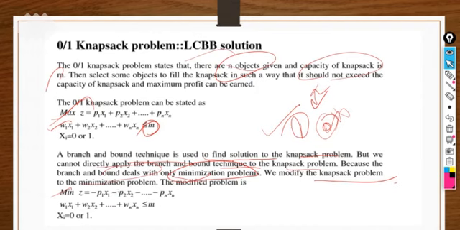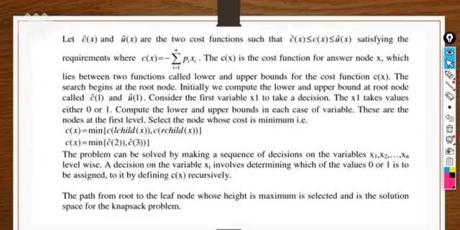So I'm taking the minus symbol each and every time during the calculation. It will calculate the minimization problem. At the last, in order to give the solution, we will make it positive, but during the solution we will take it as negative. Because branch and bound only provides the solution for minimization problems. So here xi represents whether we will take the complete object or leave it completely. Okay, so this is the whole procedure.